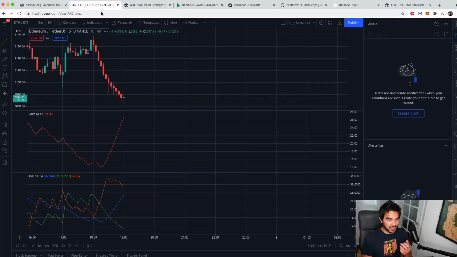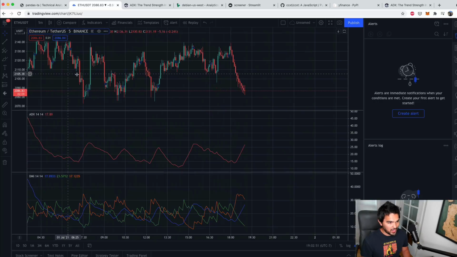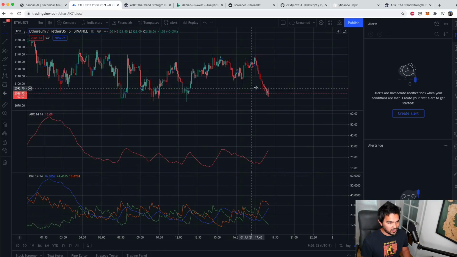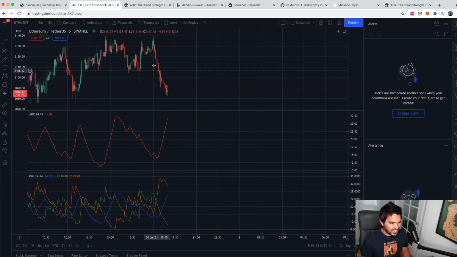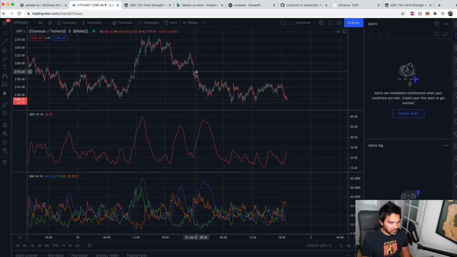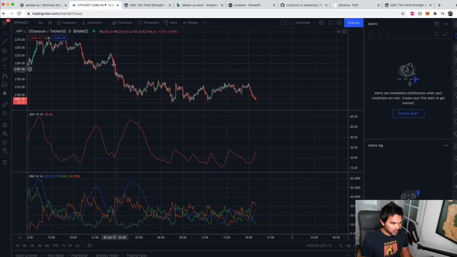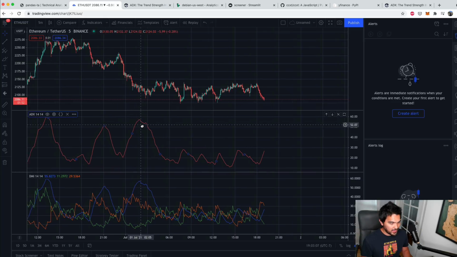And so applying this to Ethereum here, you see how a downtrend started here, right? And so it's just now getting started. Basically, once it exceeded 25, now we're saying, oh, it might be breaking down out of this range here. And you see there's a bit of lag here, right? So it has to go down a while first, and then this value will start going up, right? And so just to see how it looked historically, you see this downtrend accelerates here, and then the ADX